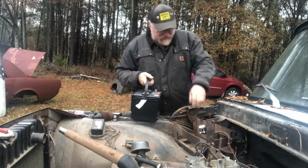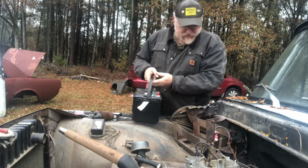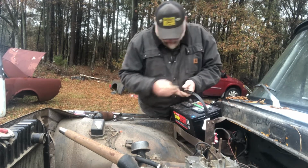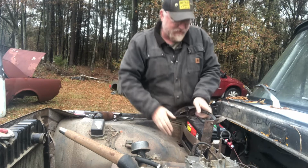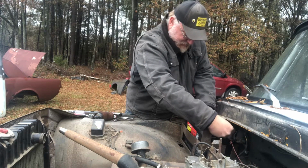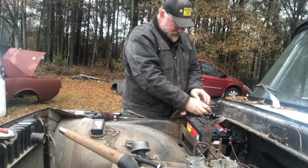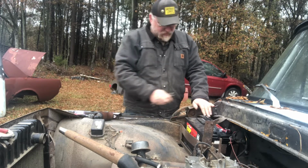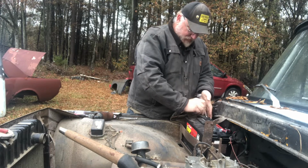See if we can get this big battery in this little space right here. The cable's out right there, and just fall right in there. Yep. Perfect fit. Check for sparks. I don't see any. Leave the old ground just a little nudge tight. We don't have to make them tight